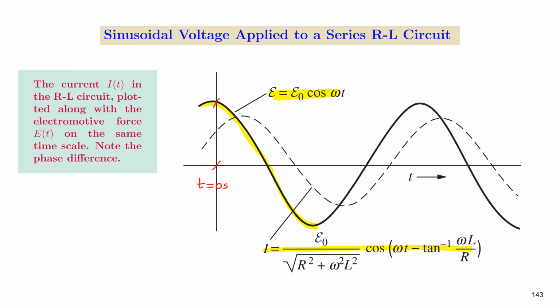So the voltage is maximum at t equal to 0 seconds, and the current is maximum at say t equal to 10 seconds, after 10 seconds. So that means that there exists a phase difference between the voltage and current waveforms, and the current lags behind the voltage,